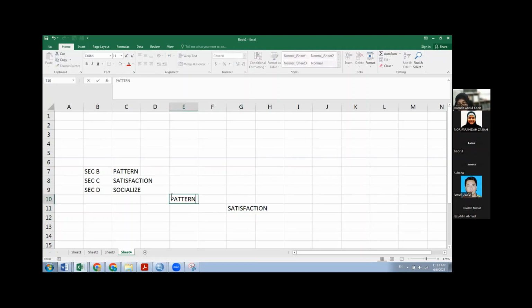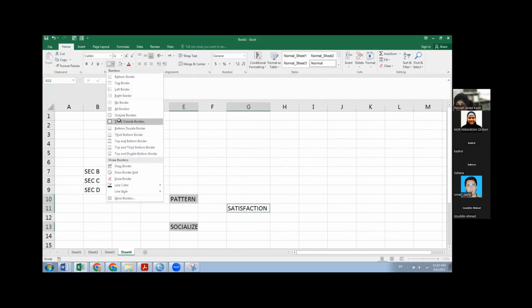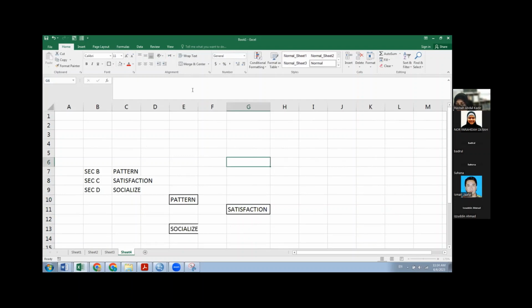This one is pattern, and this one is socialize. So what you want to do now? You would like to check whether pattern, because this is IV, has the effect on satisfaction, and socialization has